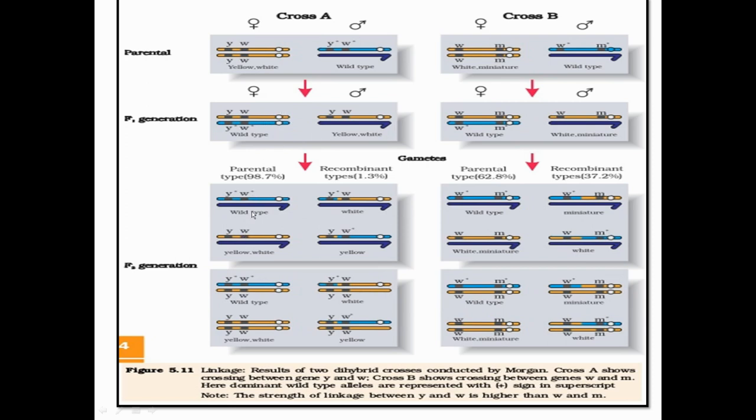On the parental side there will be no change, but on the recombinant side there will be a change. The only combination that is going to be fused with a half of this side, so two new combinations will be there. Now similarly for the females, on the parental side we have only two sorts of combinations. This orange one is going along with the orange one, and this orange is going with the blue one. So this type of combination is presented as the parental type.